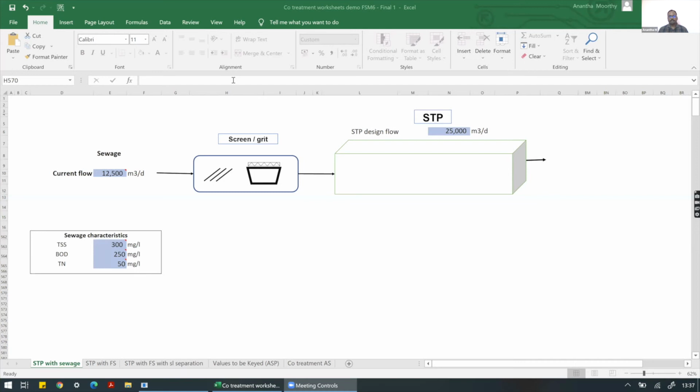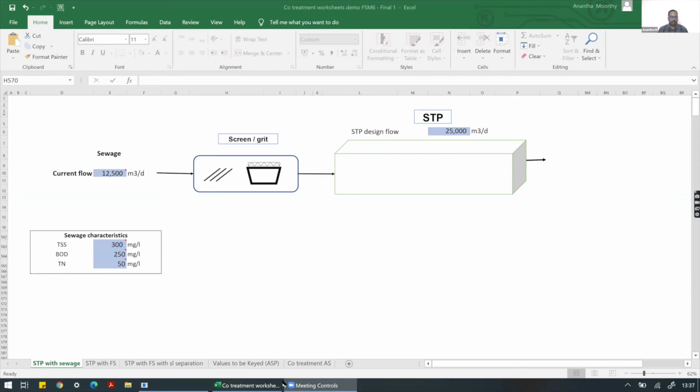So this tool is comprehensively designed on a basic understanding of what factors are considered in designing an STP, and what implications there might be on an STP's performance with the addition of a particular amount of septage or fecal sludge. And to do that, what sort of data is required? Some level of groundwork needs to be done by the practitioner to collect that data.